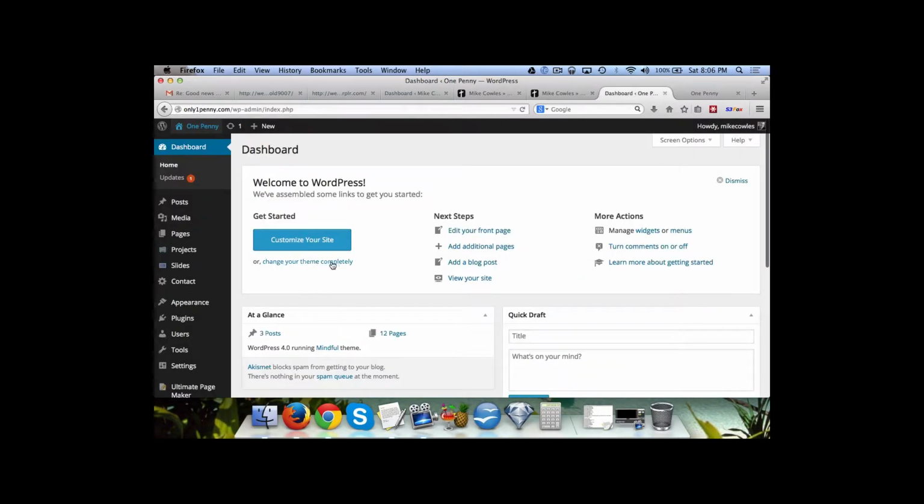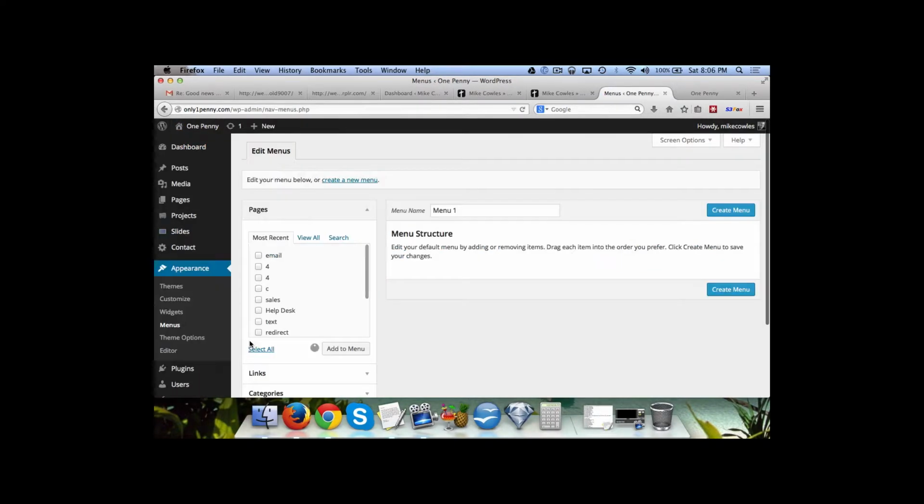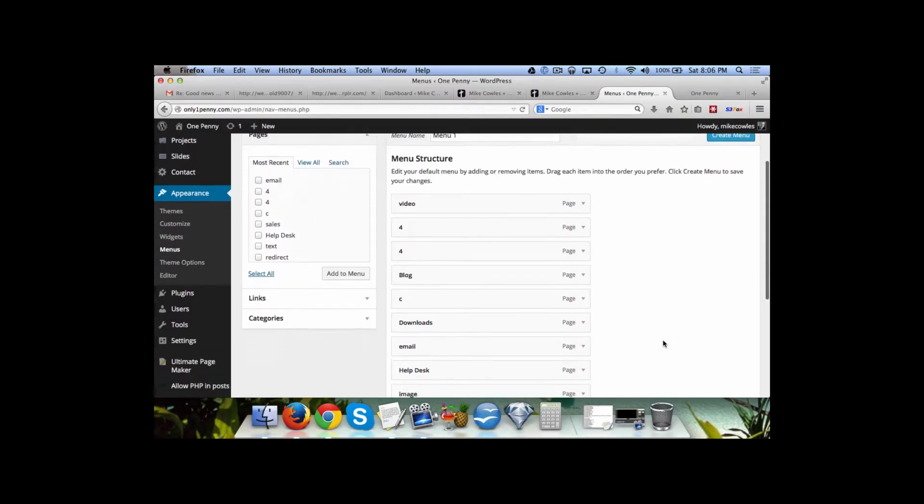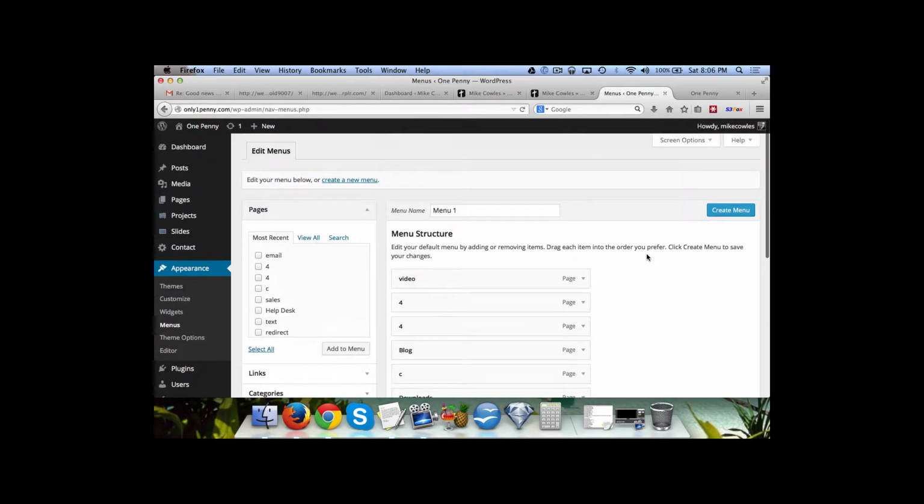And what we can do is we can come over here to where you see Appearance, Menus. And you can see that there's the menu structure. This is the default one. And the problem with this is there's going to be some pages that you maybe don't want displayed. Okay, maybe they're members only pages, maybe it's split up with cat lovers over here, dog lovers over here, whatever it is, but you want to have more control. So what we're going to do is we're going to click on create a new menu either there or here,